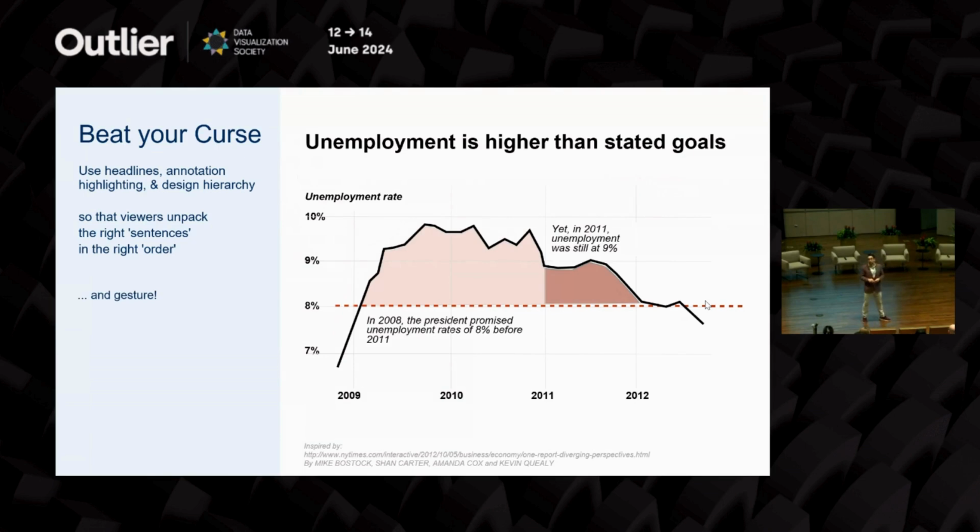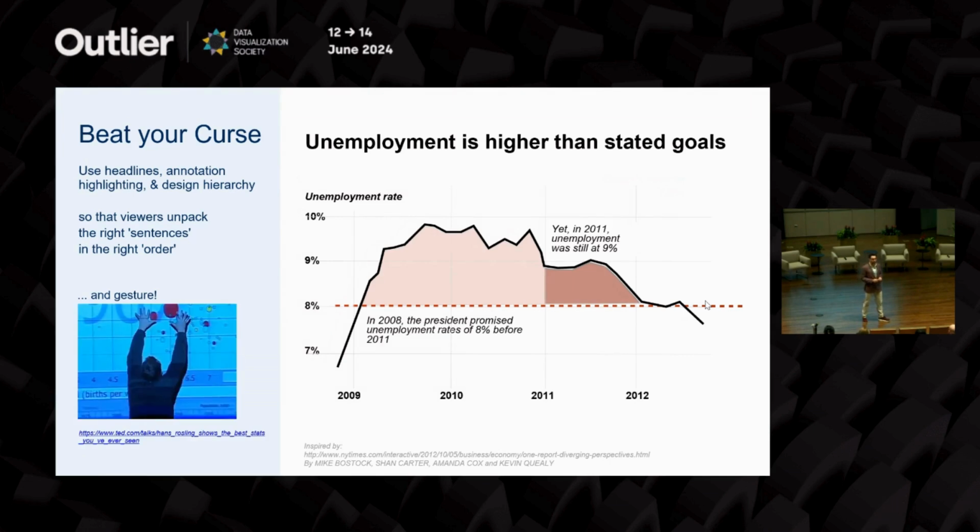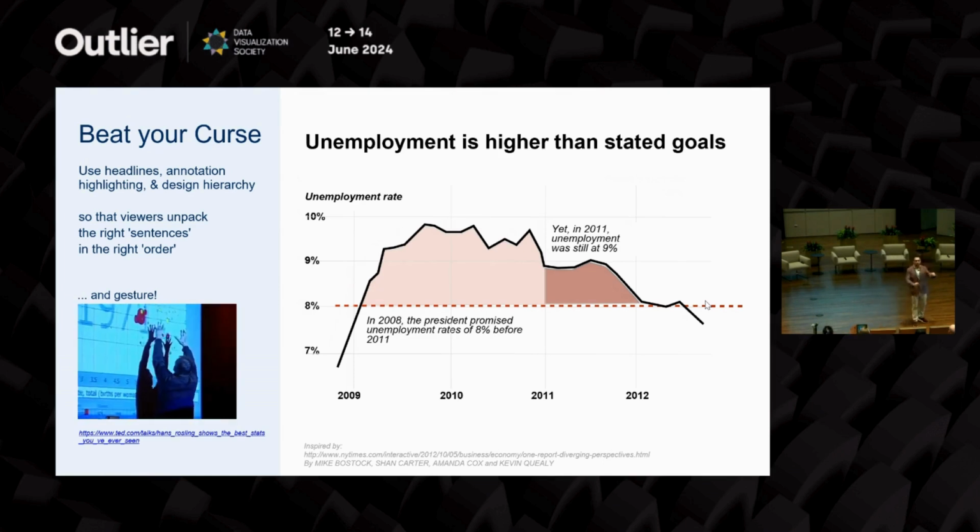And then use gesture if you can. You're pointing to somebody else's slide, you're at a scientific poster, ask yourself, WWHD, what would Hans do? Hans has a display that looks like it was from 2005, just not meeting the declutter rules, no annotation, but